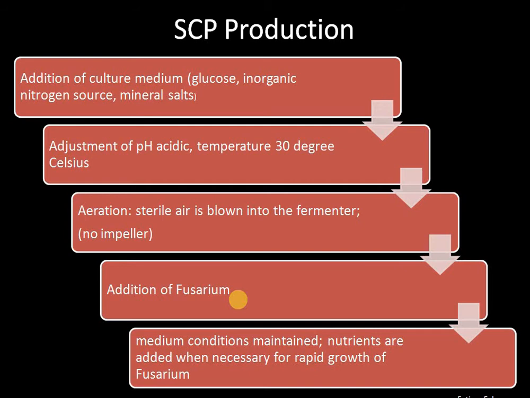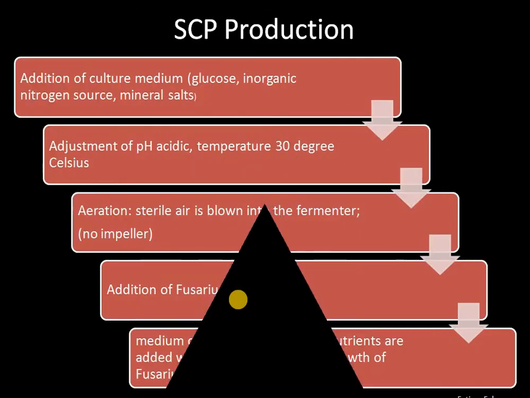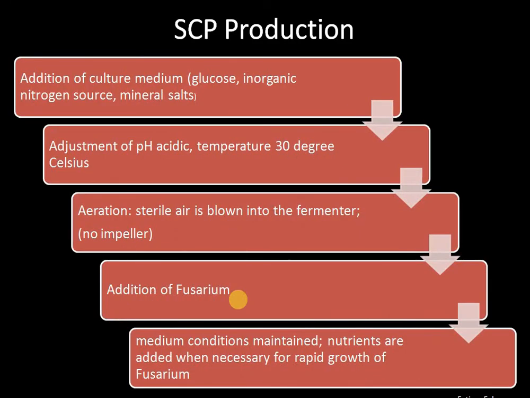Then we add Fusarium. It is a fungus which will be dried later and will be used for its protein content. The medium conditions are maintained. Nutrients are added when necessary for rapid growth of the fungus. The last product that we have made, which is SCP, is very important since it is used as a protein